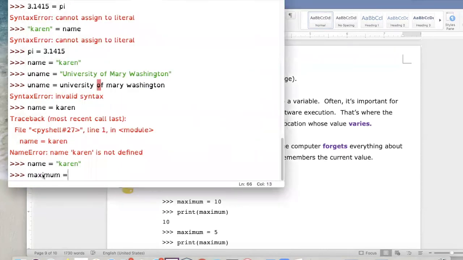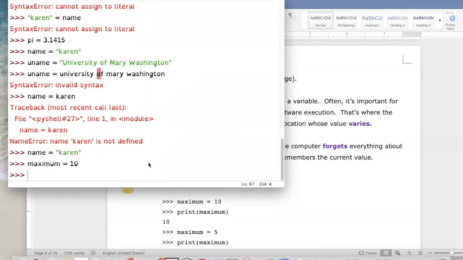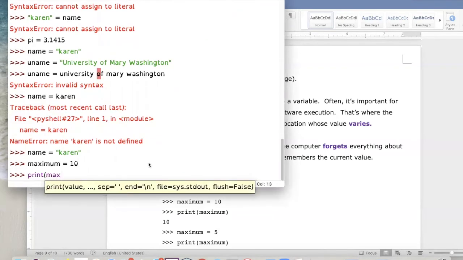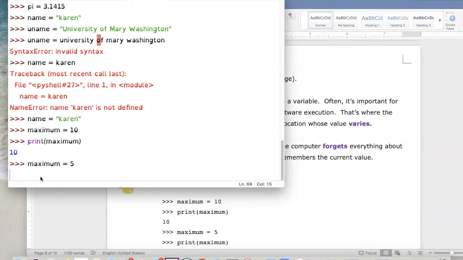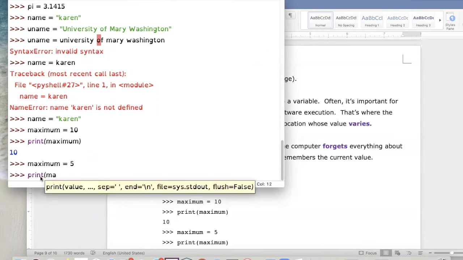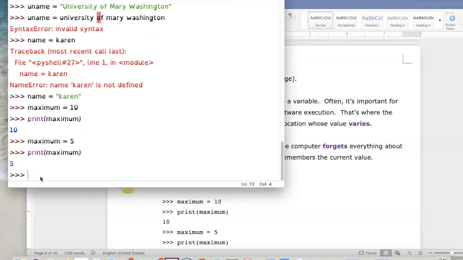Suppose that we are storing a variable called maximum and that we assign it the value 10 using our assignment operator. If we print out the value of maximum, Python will tell us, hey, you're storing the value 10. Now suppose that later on we change the value of maximum so it's 5. When we print out maximum, Python has completely forgotten about the old data value 10 and replaced it with the